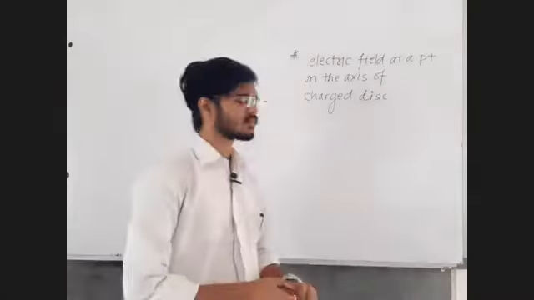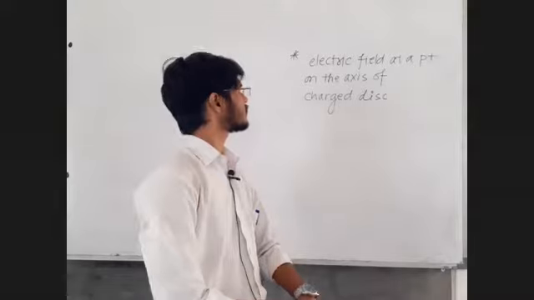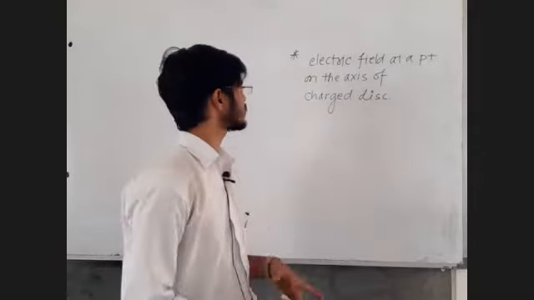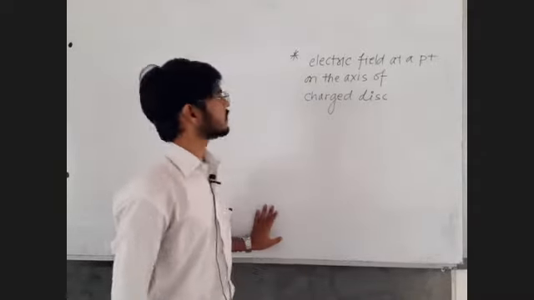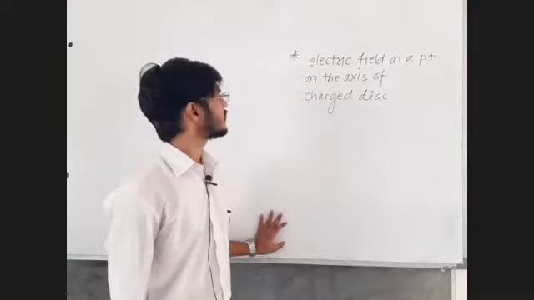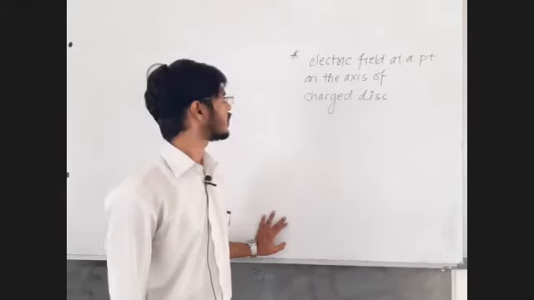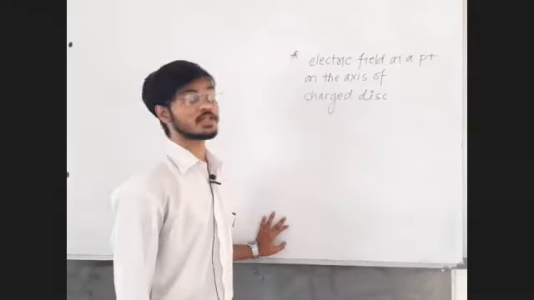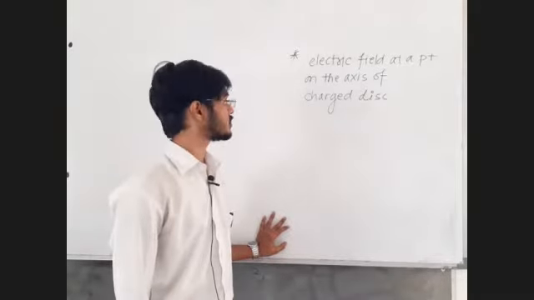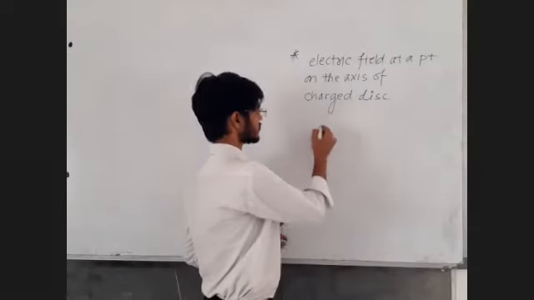Fine. So now we are going to simply club one formula into our list of formulae, or into our notes. Write down: electric field at a point on the axis of the charged disk. Now we don't have a charged ring, we have a charged disk. How to draw a disk?